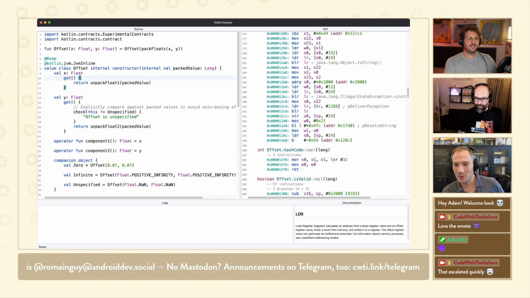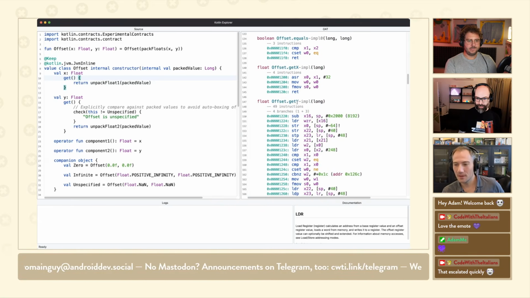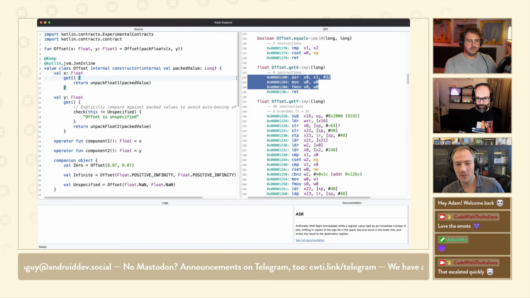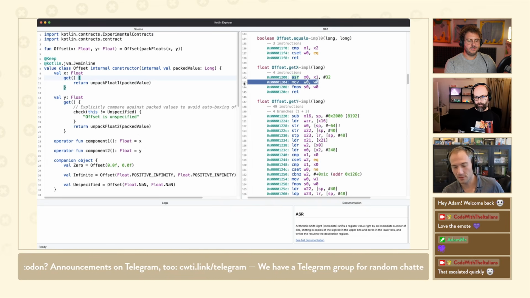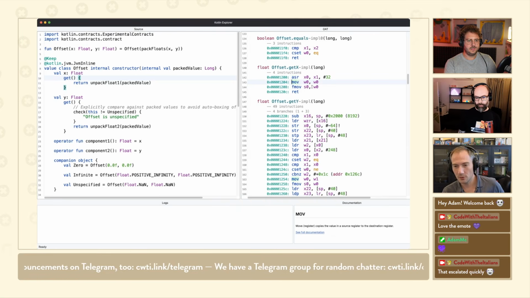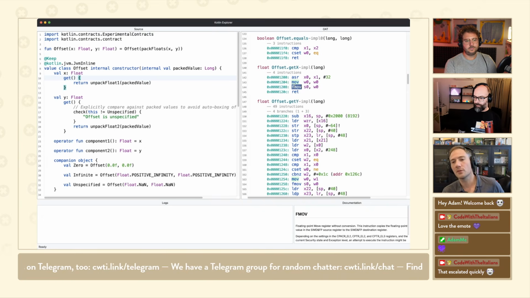Look what happens. Because now we removed enough code that everything fits in the right registers, and we're left with only a right shift. This instruction is actually useless, so it could be even shorter, but that's ART doing that, so we can't fix that. So we shift our long to the right by 32 bits, and then fmov means convert that integer to a float inside the register, and that's it, we're done, right?